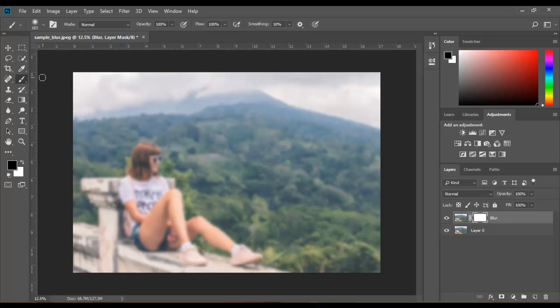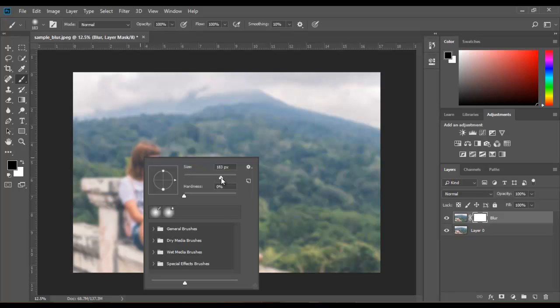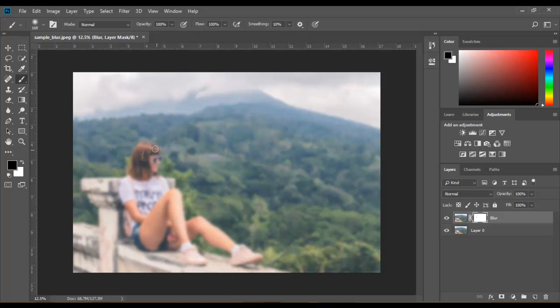After that, create a brush tool. But notice, guys, your foreground color should be black and the background color should be white. This is very important. After that, take the size you desire and click on that. You can see that the color has come out through the image. This is due to the background image that we duplicated, it can come in front of us, and we make a simple